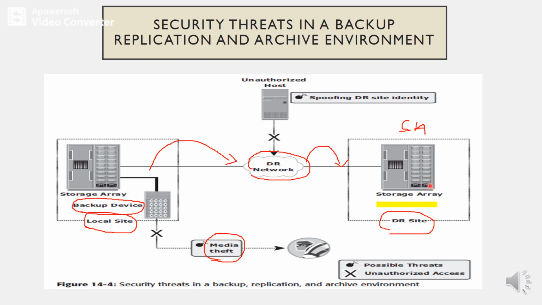The physical threats of the backup tape being lost or misplaced, especially if the tape contains highly confidential information, may be another type of threat. Backup to tape applications are vulnerable to severe security implications if they do not encrypt data while backing it up. So how to encrypt the data while sending the data to the backup server.